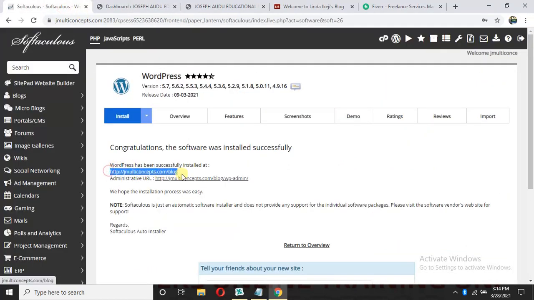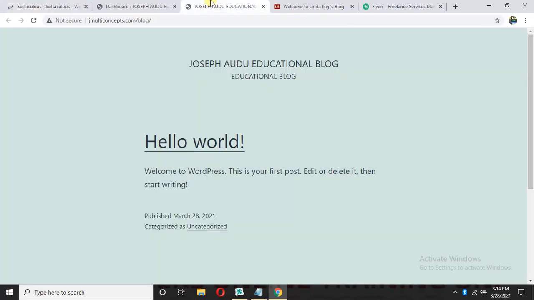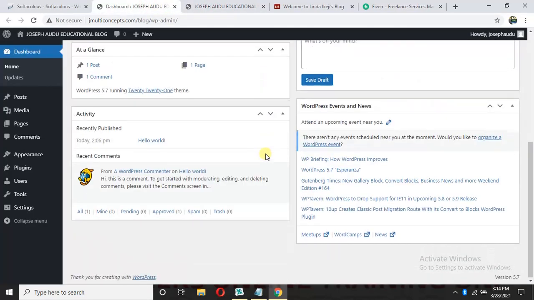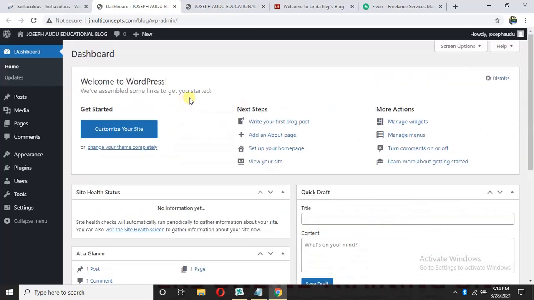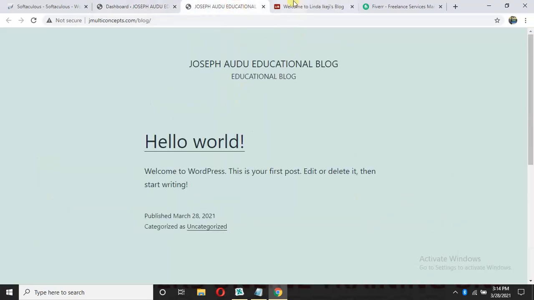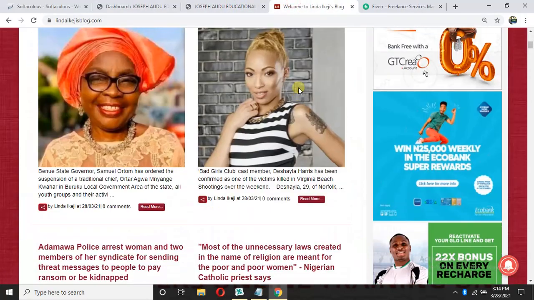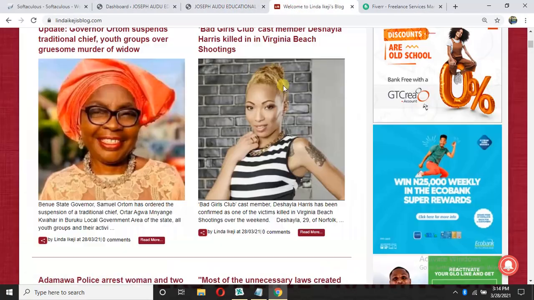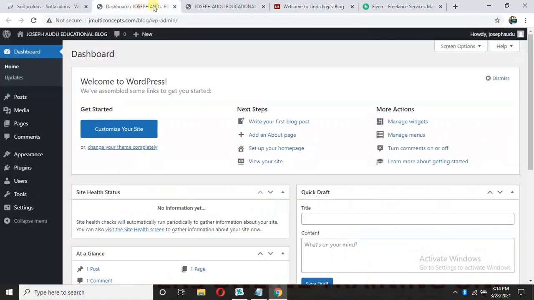If you look at it, this is our front end. The first URL you will see, that is the front end. You click it to take you to this page. This is the front end. It means anything you are editing on this dashboard, this is the back end. You are going to see the preview in the front end, and it's going to look beautiful like this. So in our next video, we are going to show you how to edit this blog,